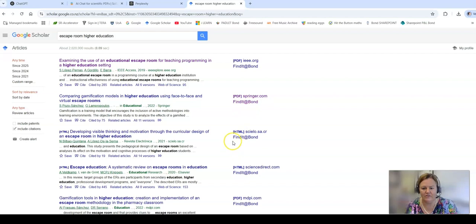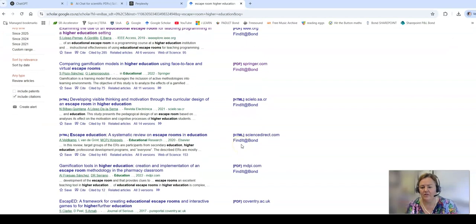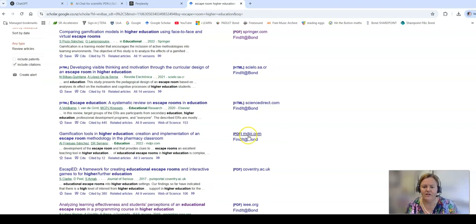If it doesn't have your institution listed here, it's either because you're not with an institution or because it's not available to the institution, they haven't paid for it. Other things that do come up are if it's an open access journal, then you get to go straight to it that way. Now, I've already downloaded a couple of those